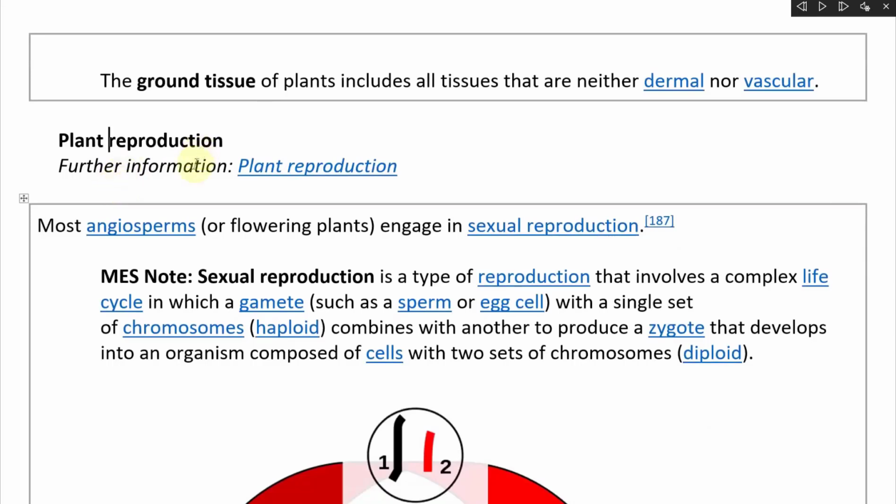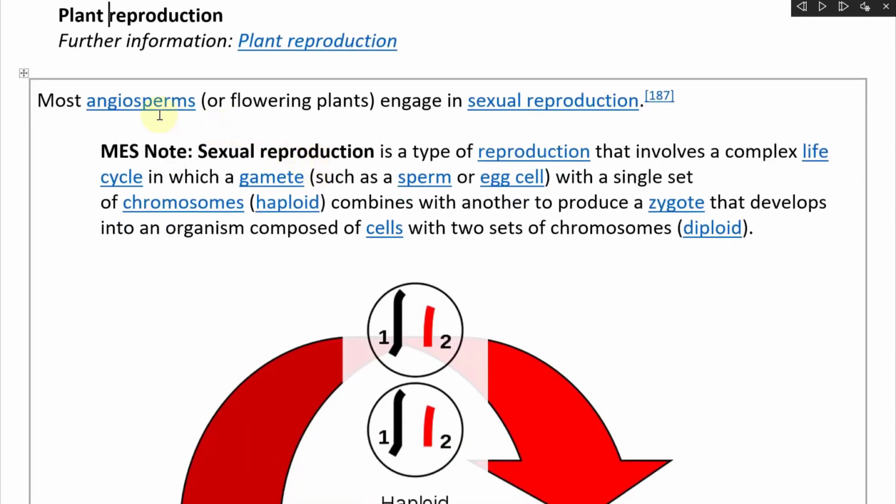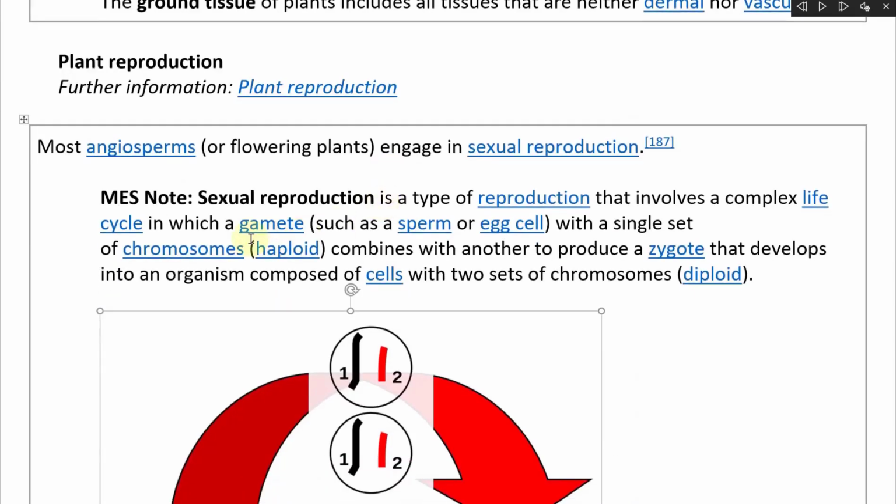Plant reproduction. And for further information, as always, you can go into the individual article, in this case on plant reproduction. So anyways, most angiosperms or flowering plants engage in sexual reproduction. All right, yeah, so MES notes, sexual reproduction is a type of reproduction that involves a complex life cycle in